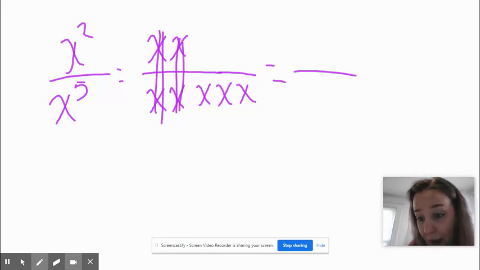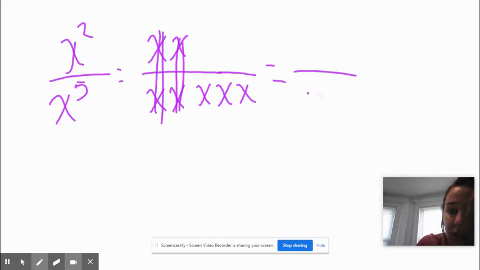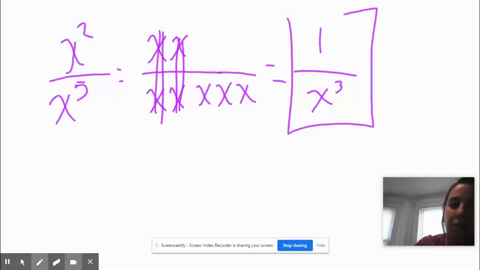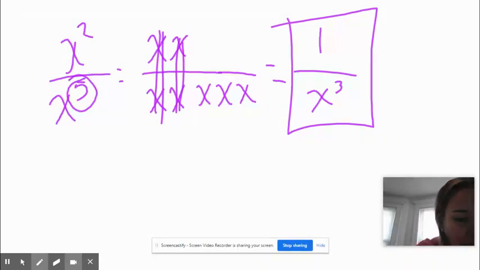So it's still like a subtraction problem, but where it lands is the issue, right? So you've got 3 x's left in the bottom, so that's where they go. You got x to the third, but what do we put on top? Well, you just use 1 as a placeholder, kind of. 1. So basically, wherever the exponent is bigger, that's like where the leftover ones live. So let's jump into actual